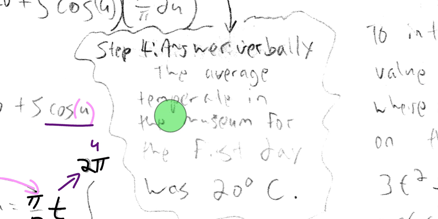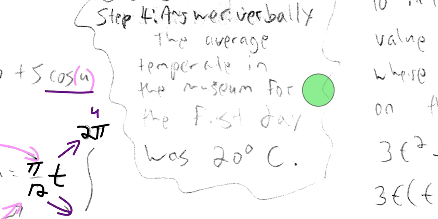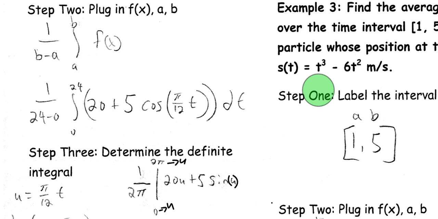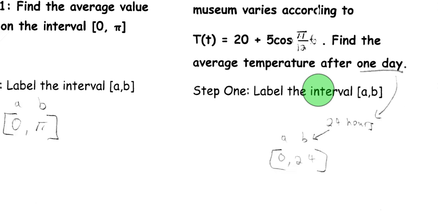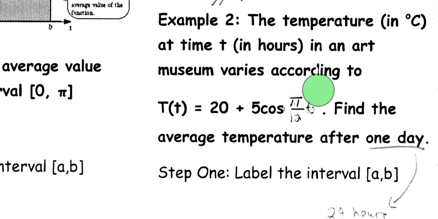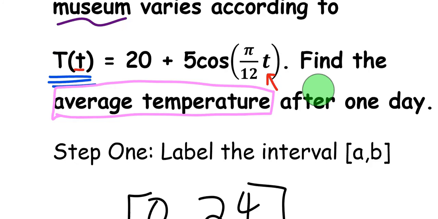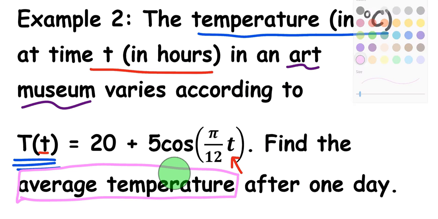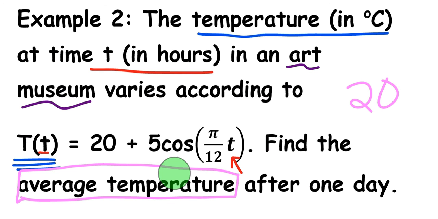And then since this is a word problem, we're going to answer verbally. And this might not be very legible to you, so I'm going to go ahead and read it to you. The average temperature in the museum for the first day was 20 degrees Celsius. So, going back to the context of the problem, here was our original formula. Let's go back to what I typed up here. The average temperature in the art museum is given by this. Okay, so if we were to calculate this thing for the first 24 hours, the average temperature is going to be 20 degrees